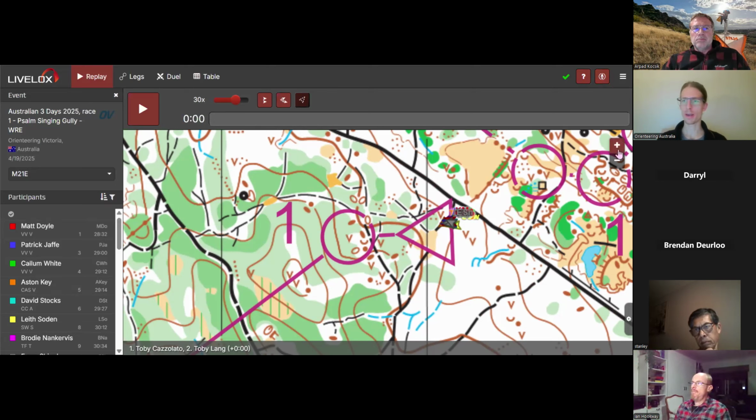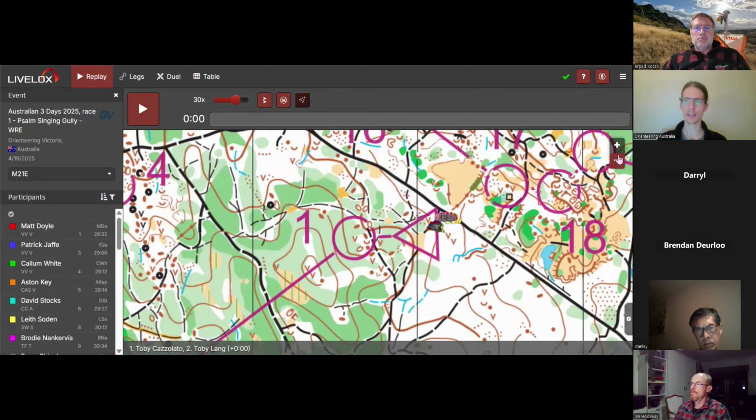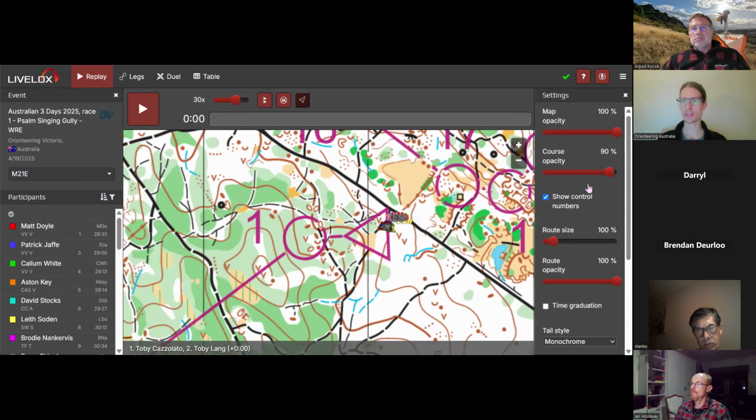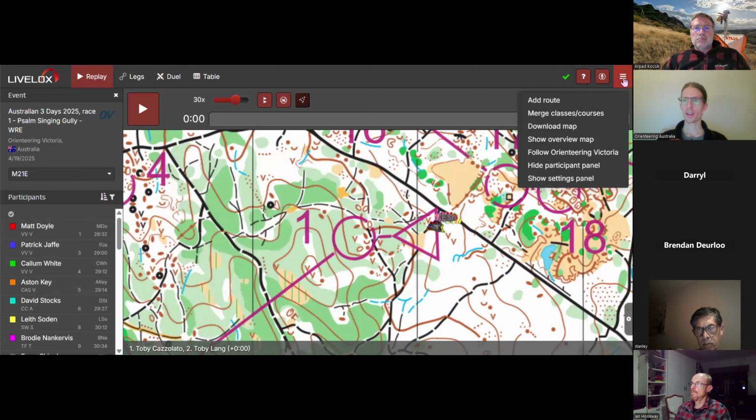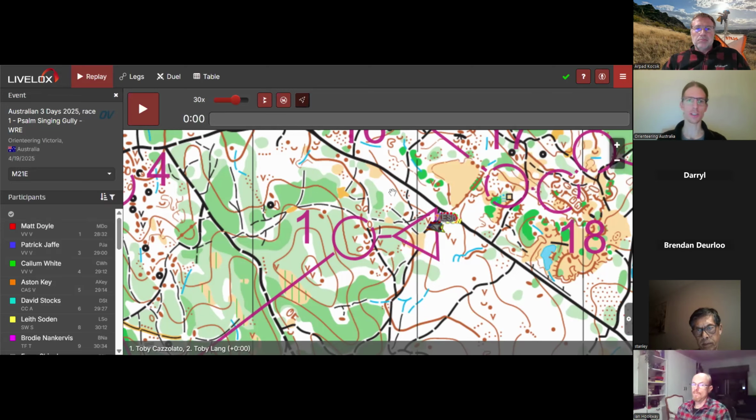Going on to the map screen, you can also zoom in and out by using the plus and minus signs. And there's a little hiding button on the right-hand side for extra settings that can go in and out. If you want to look at extra options, you can also click on the 3 bars on the side, and eventually we'll have a look at this by adding route for hand-drawn as well. So you've got a bit of an introduction to the settings on this initial screen.